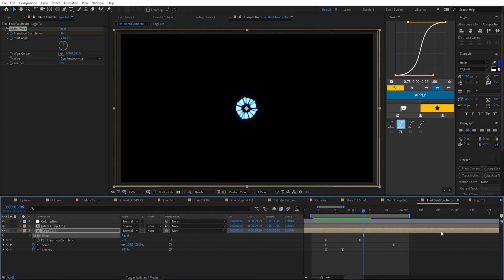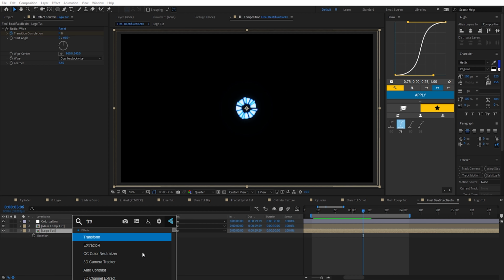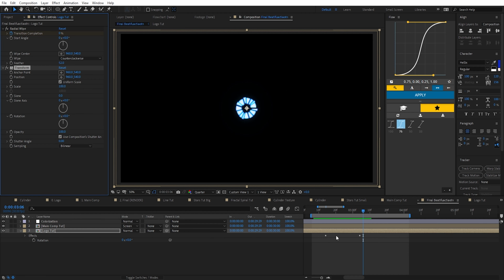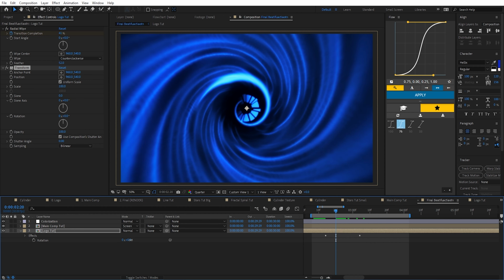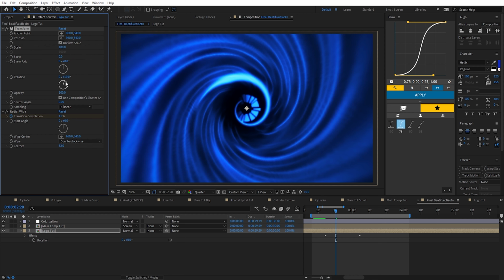Now I also added some rotation. Instead of rotating the actual rotation value of the layer here, we're gonna add a transform effect. So we'll do Control Space, Transform. And the reason we're doing that is because if we adjust the rotation value, that messes up the orientation or the angle of our radial wipe. So instead, what we're gonna do is put the transform effect above the radial wipe. And now if we increase the rotation value, you can see the radial wipe angle still stays in the same